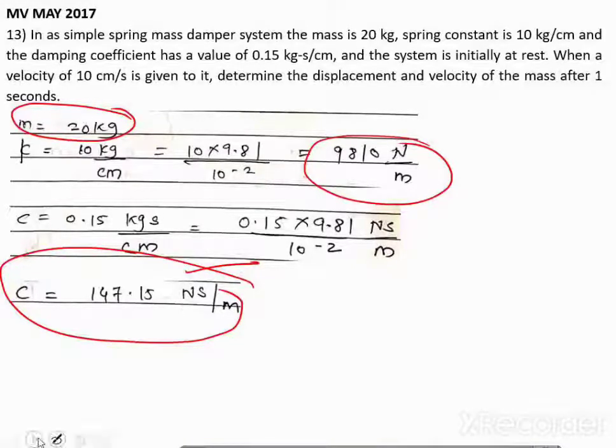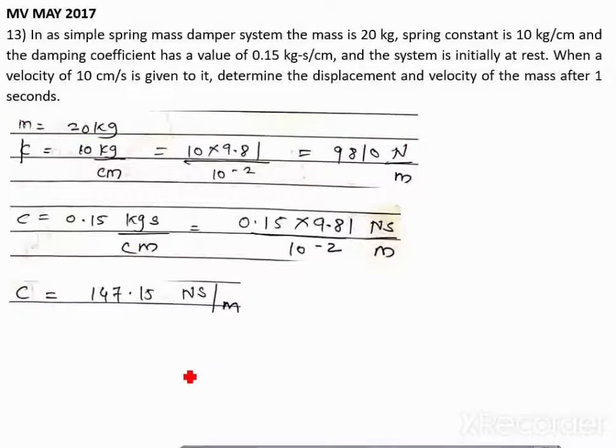Now basically, if you remember the last lectures, or if you do not remember, you can watch video number 10, 11, 12, 13 and 14. In those I have derived the output equation x of t for an underdamped system, for an overdamped system, and for a critically damped system. Okay.